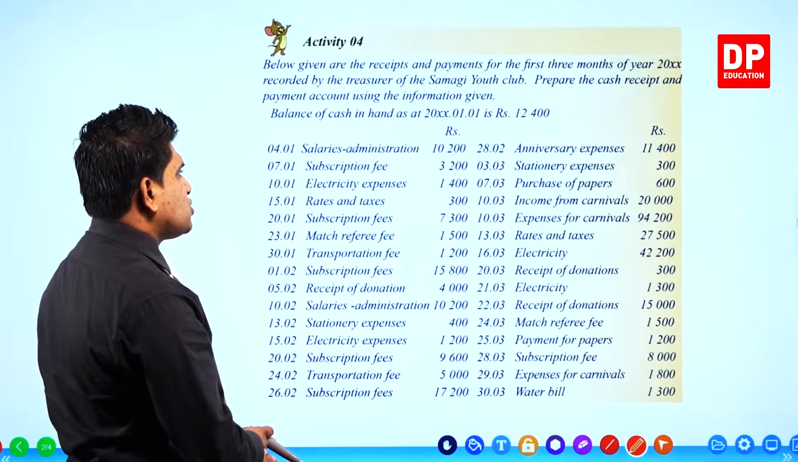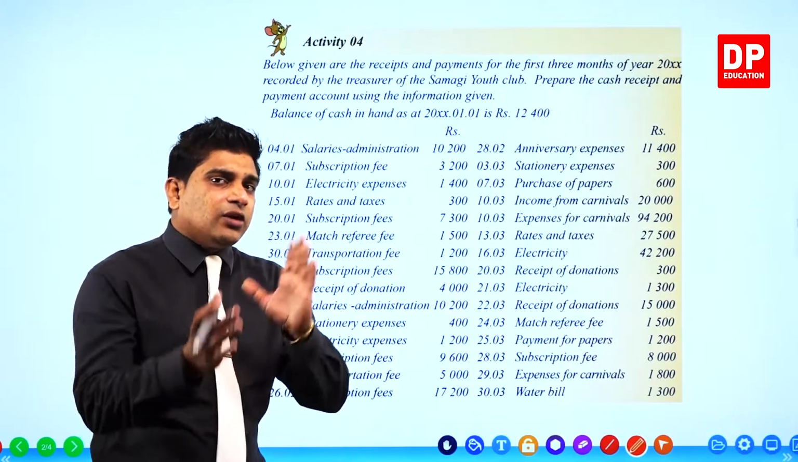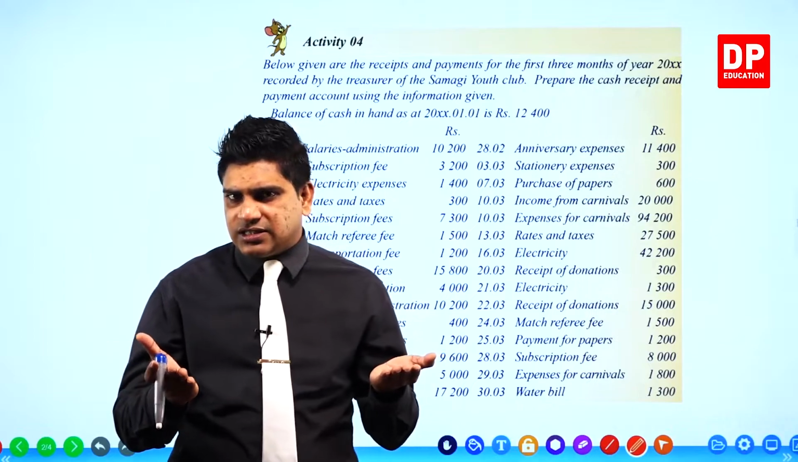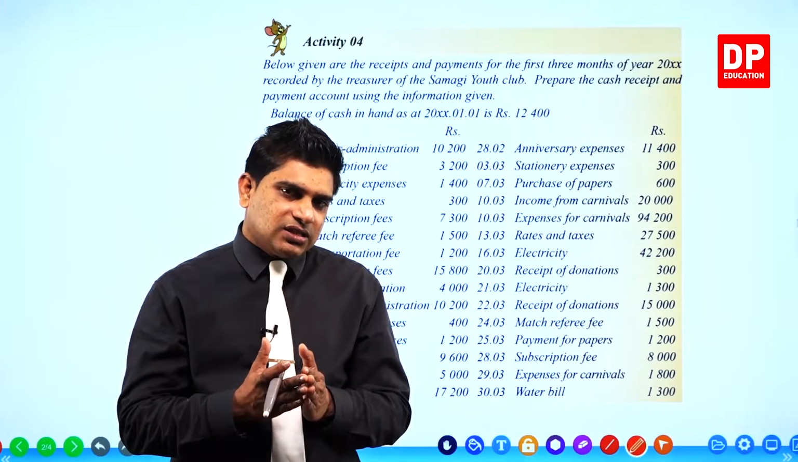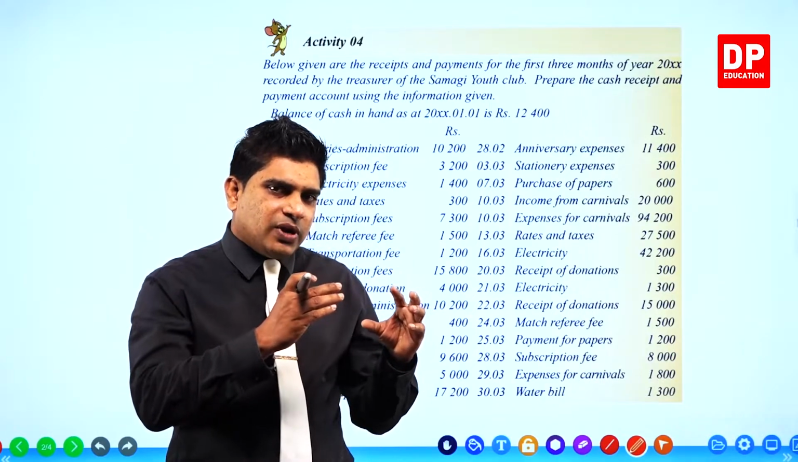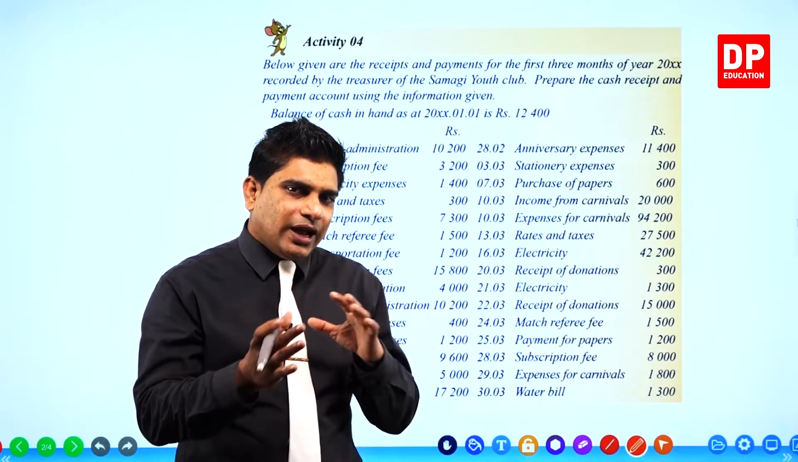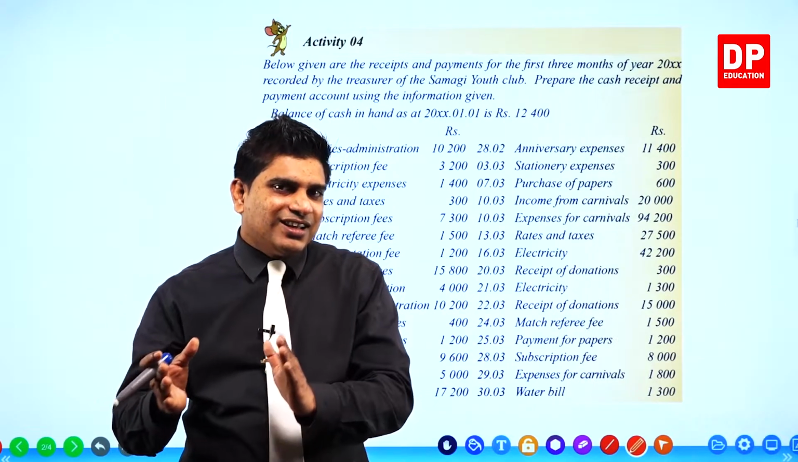Balance of the cash in hand as at 1st of January, 12,400. Not like before. In the previous question, they didn't give us the cash balance. But here, they have given us opening cash balance. Then you write opening cash balance in the debit side of the receipts and payment account. After that, you can enter all the received cash debit, all the paid cash credit, right? Now,